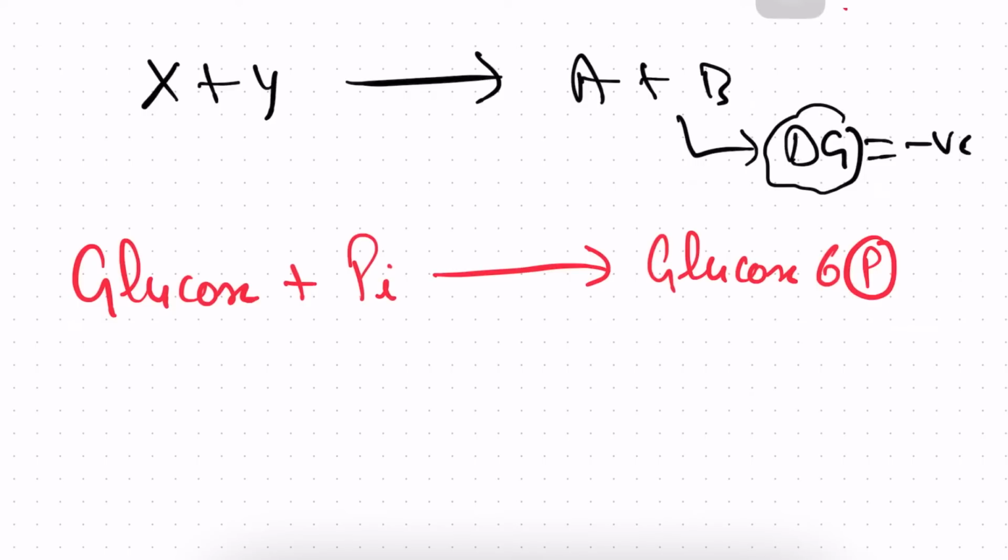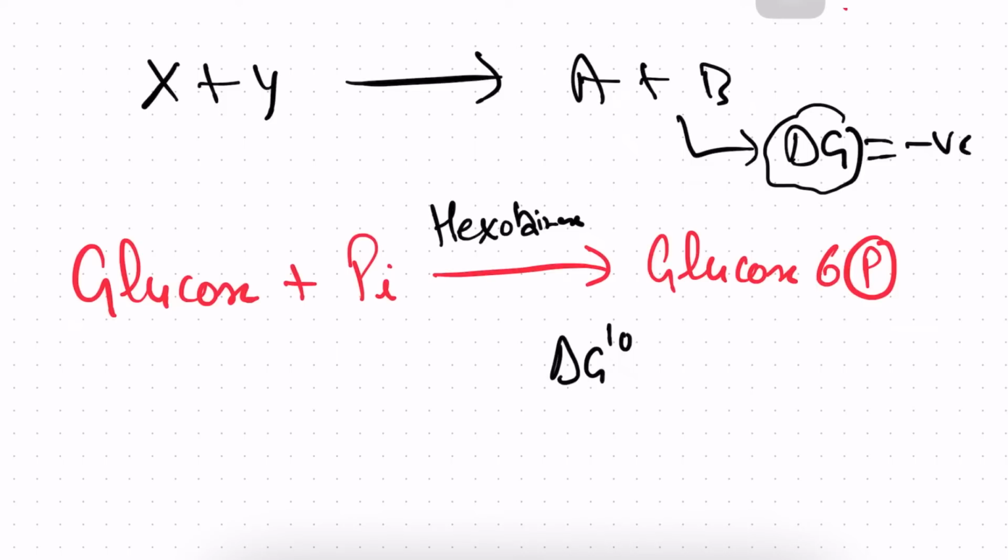Now this reaction is being carried out by the enzyme hexokinase. Hopefully you remember the first step of glycolysis. Glucose is going to react with inorganic phosphate, and we are going to see the formation of glucose 6-phosphate. Now here, if you see the delta G prime naught,